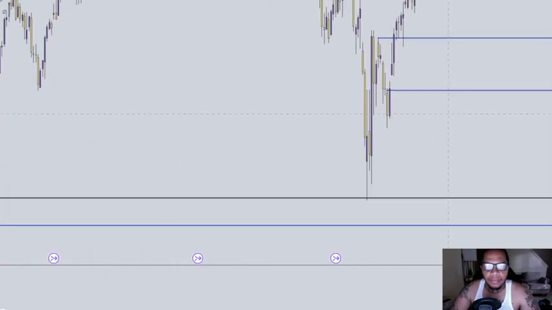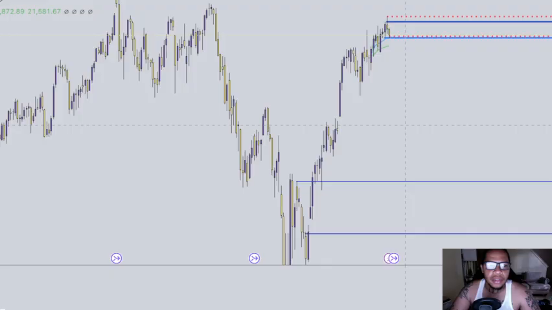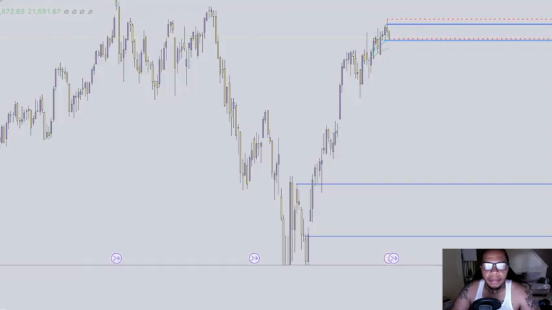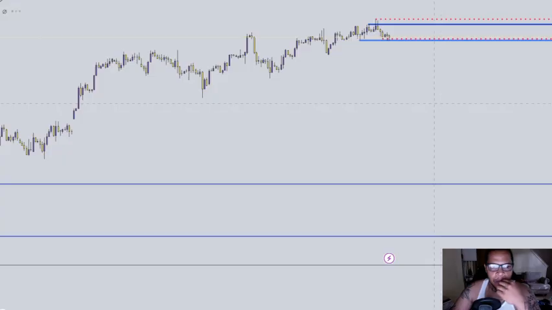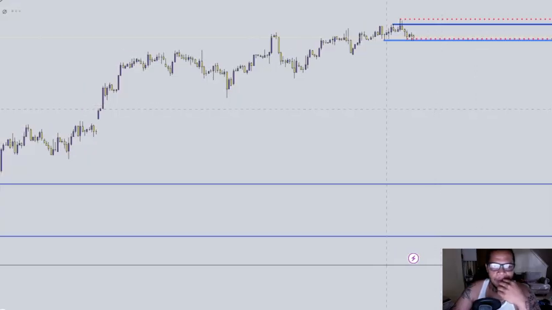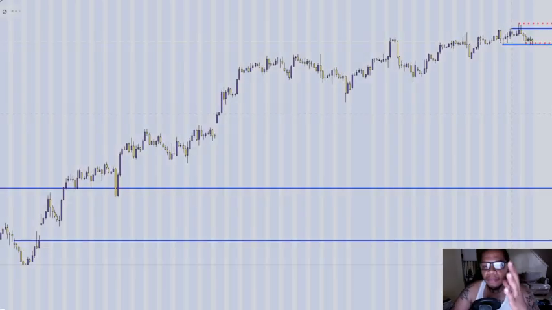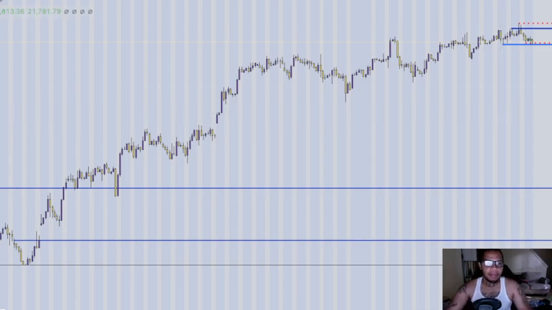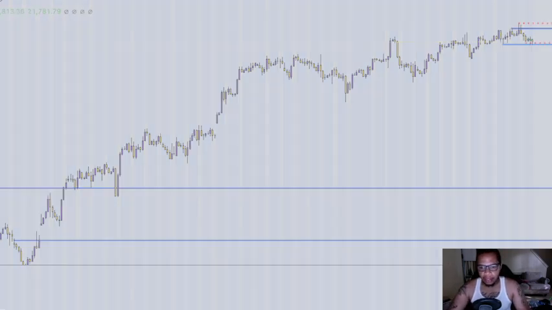Okay. We have all our daily areas. Let's go down to the 4-hour time frame. Now, when you see the 4-hour time frame, as you go down lower and lower, you can see it's more action within the bigger time frame. So like, if you look at a daily time frame, you see how price